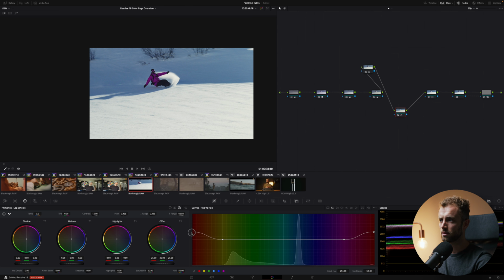Suddenly he has a purple jacket or a green jacket. So cool, right? So this way, if there is only one color present in the frame, doing it with the color curves hue versus hue sliders are great. All right. Going over to the saturation, same thing. This will affect the saturation of one particular color.